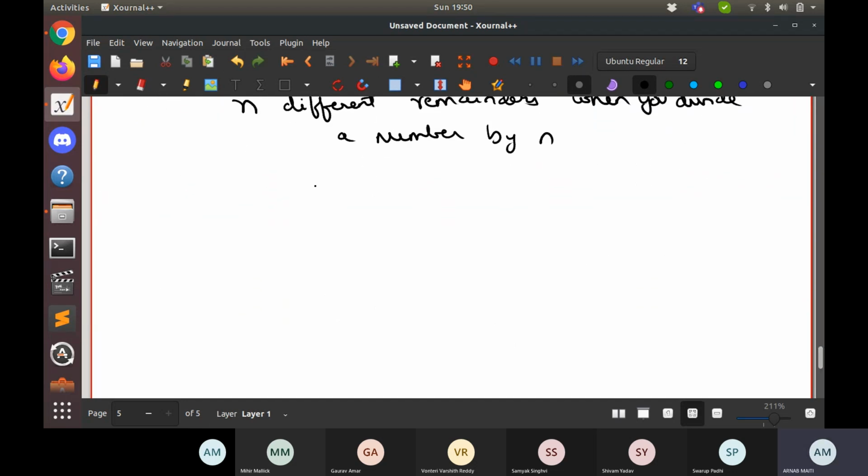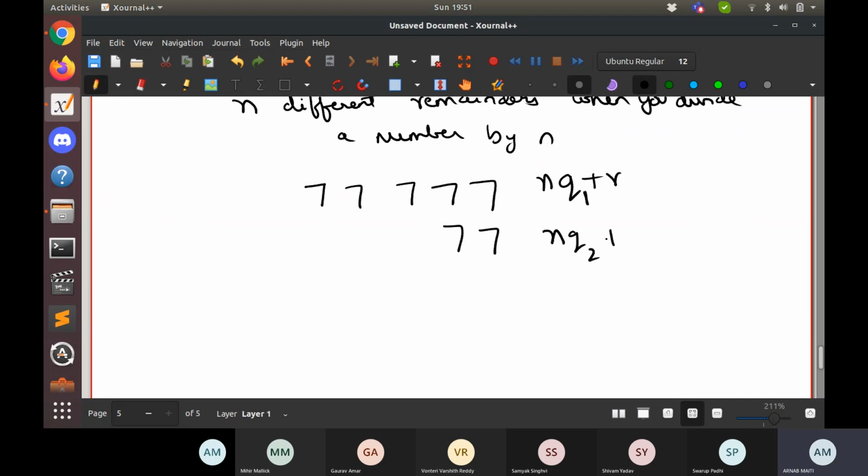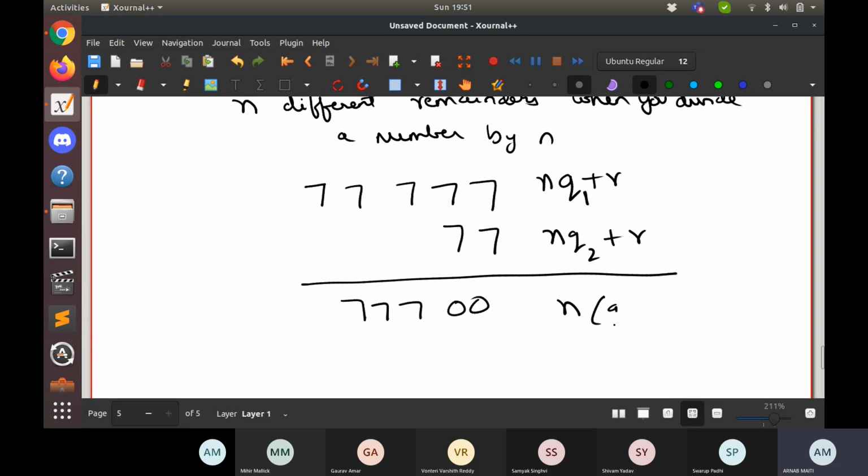For the sake of simplicity, let us assume 777 and say 77 both have the same remainder. Say they are of the form q1n plus r, and q2n plus r. Now when you subtract these two numbers, you get 700 and you get n times (q1 minus q2).